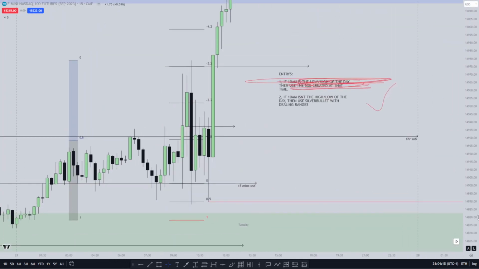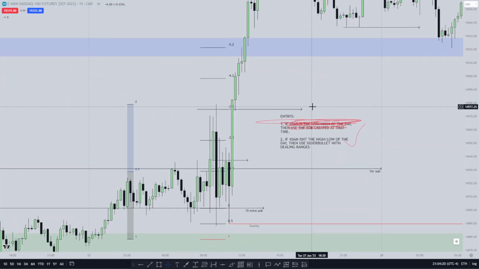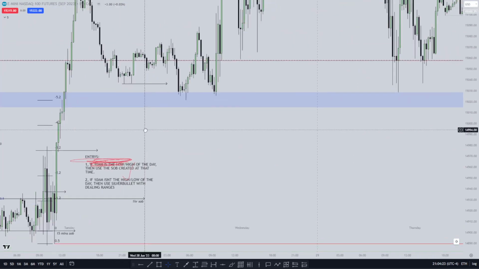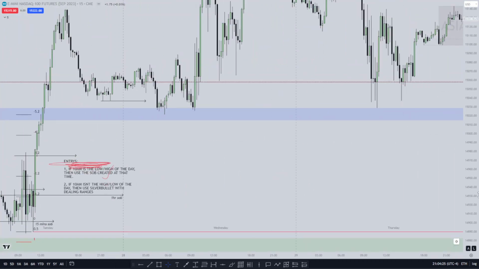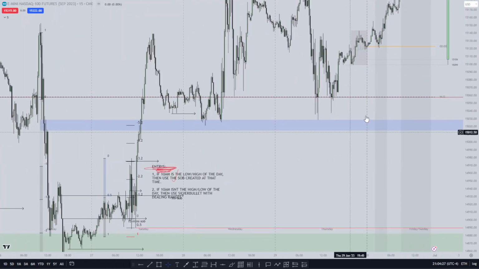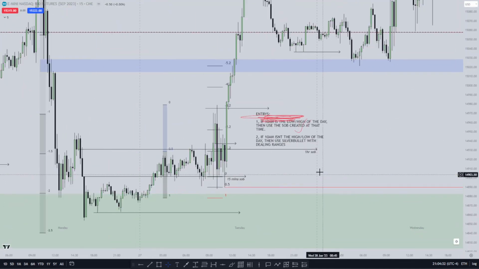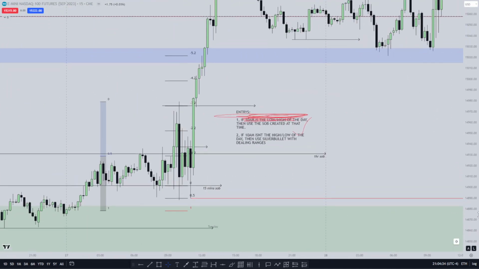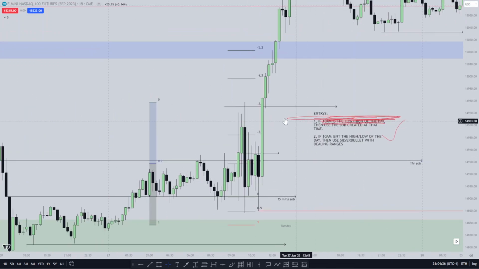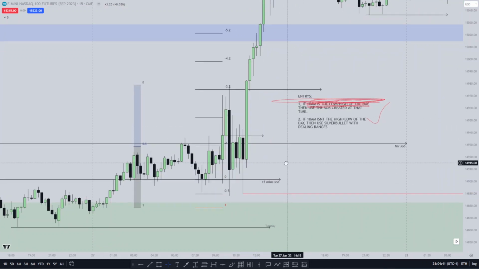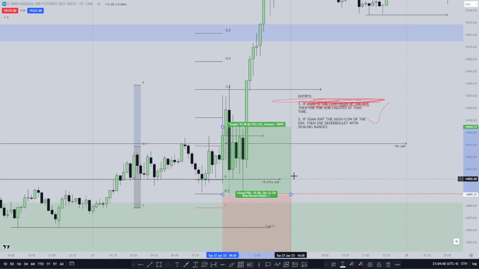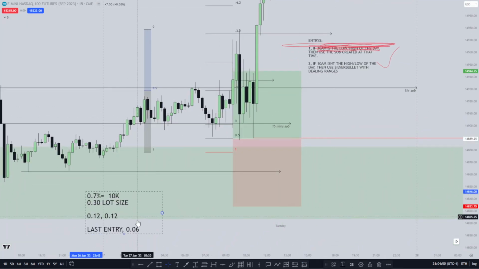And if you look at this, it depends, because the equilibrium of my dealing range was above here. So it depends on where the dealing range is, because we should always target the equilibrium of the dealing range. I'll soon mark it out for what we should be doing. So if we enter right here, basically, if we enter right here with the 0.06,